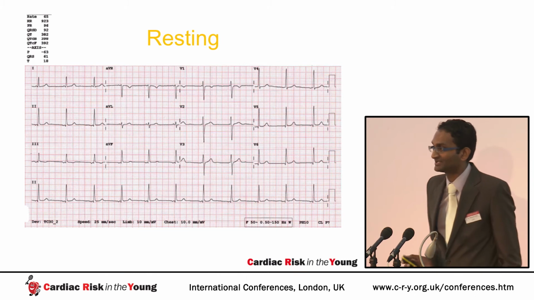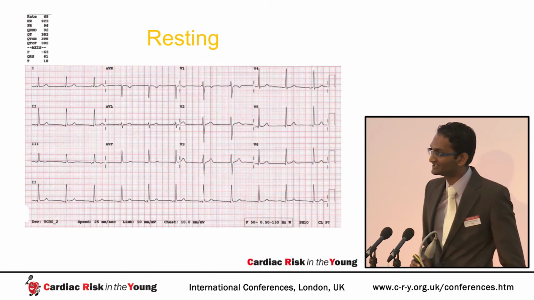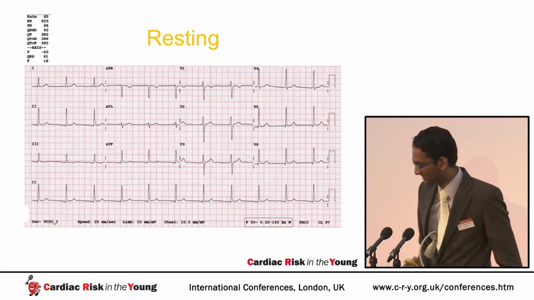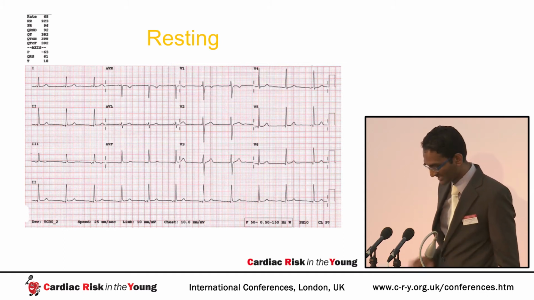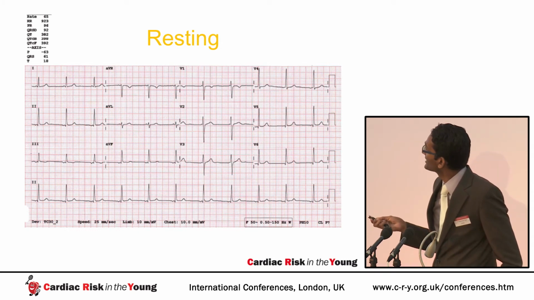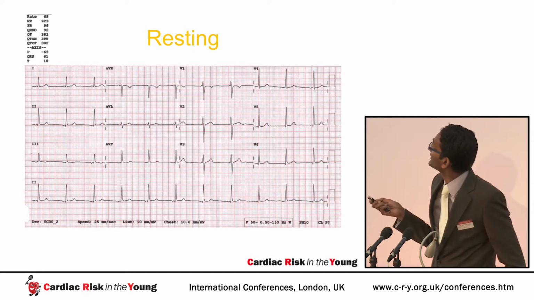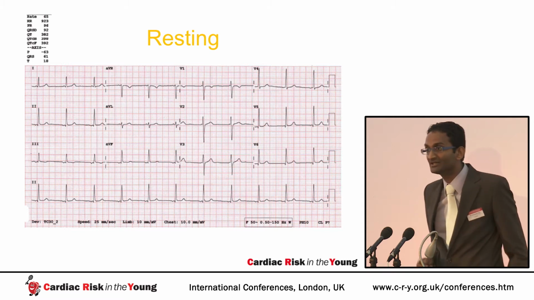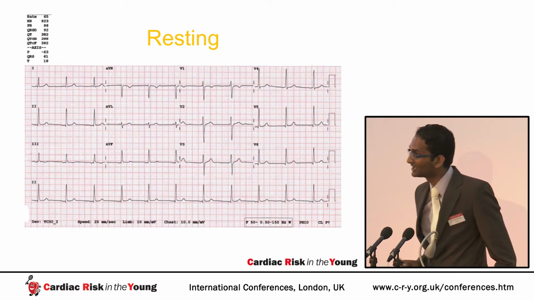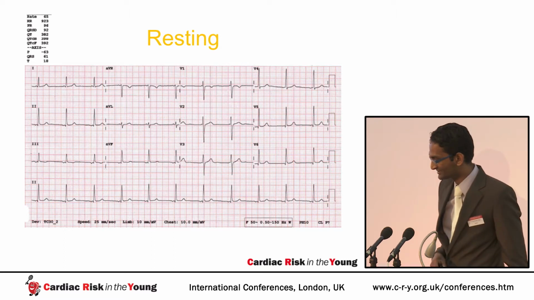However, sinus bradycardia can manifest itself in a number of different ways on a surface ECG. And this is one example. I'd like to just draw your attention to the inferior leads here, where you can see an inverted P wave and a measured very short PR interval. And if you look at V1, you see an absence of an isoelectric line between the P wave and the QRS, which could be interpreted as suggestive of pre-excitation in this individual.